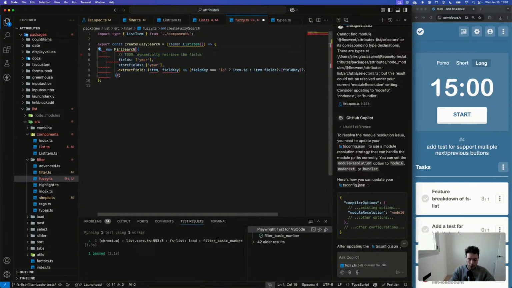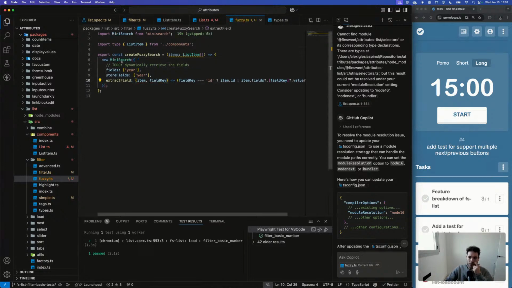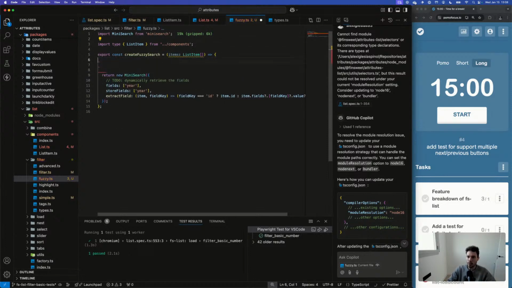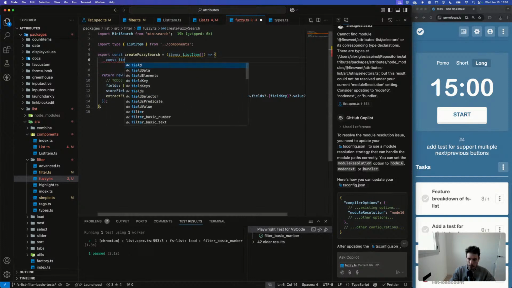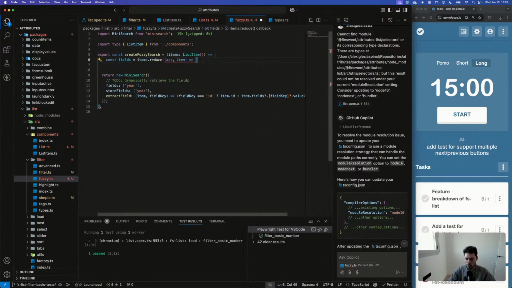Then MiniSearch here. But before creating MiniSearch, before doing this, we need to retrieve all the different fields. So we're gonna do a fields items.reduce. And from here, I want to create a new Set because the fields should be unique, and they should be a set of strings.